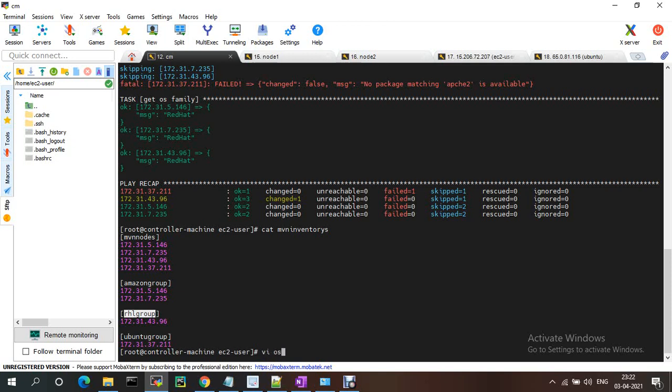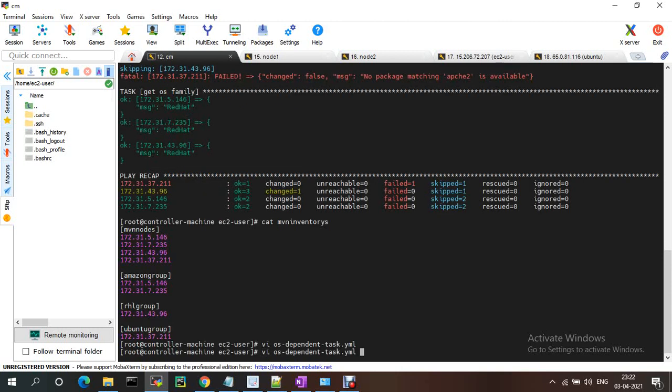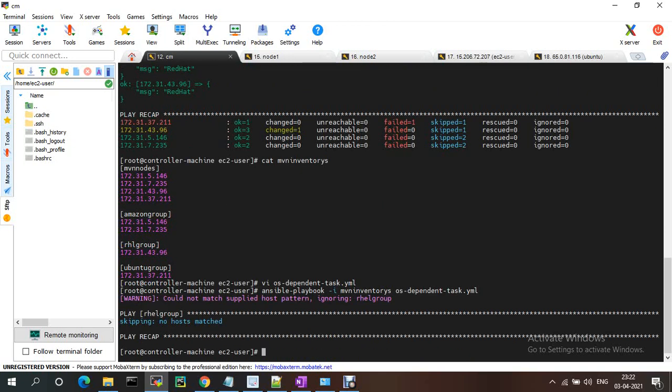Vi OS dependent tasks, RHEL group. No hosts are missing. RHEL group.